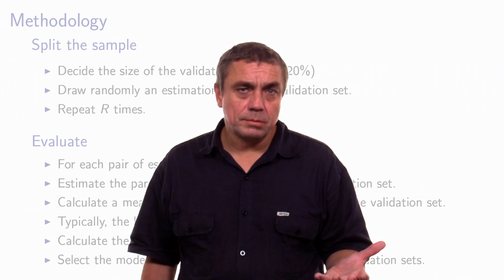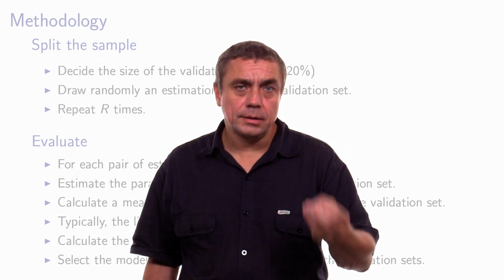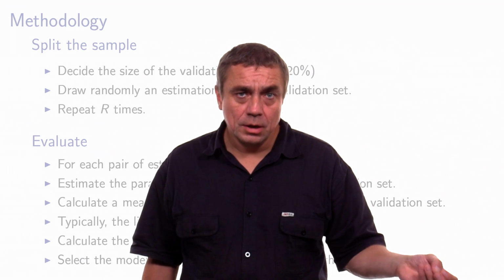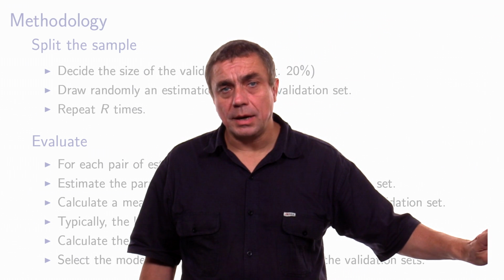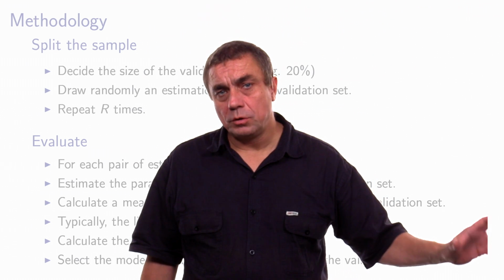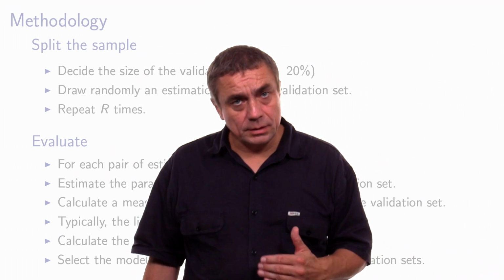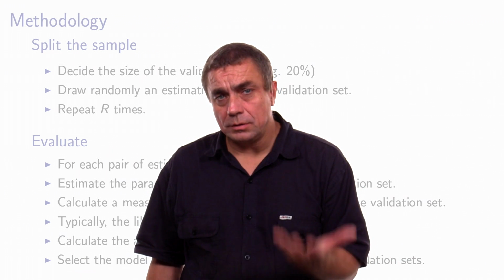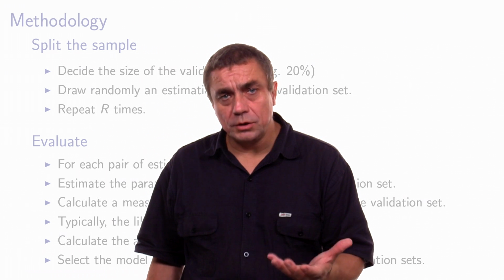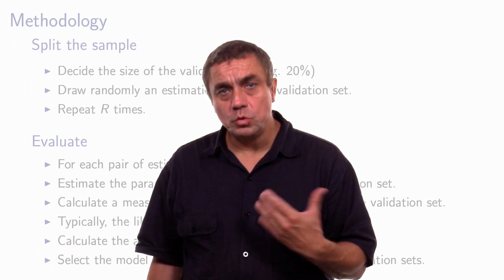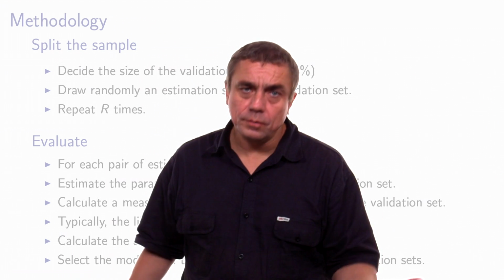This is what they do a lot in machine learning. They verify that the model is actually able to predict a sample which has been left on the side, and will select the model which is doing the best performance on this validation set. So it's very easy to do, and it's extremely important in order to test a model. So I really encourage you to test your model using cross-validation or out-of-sample validation.